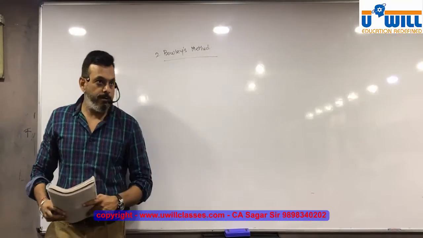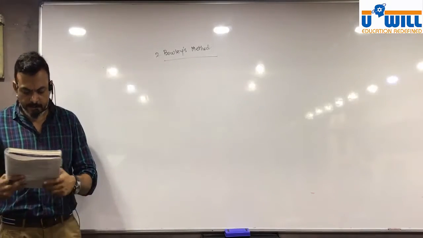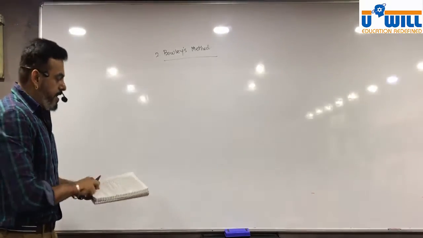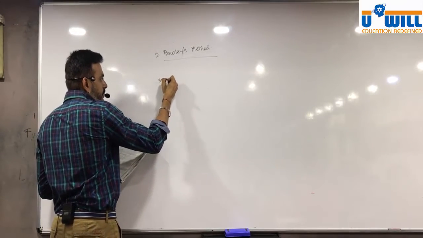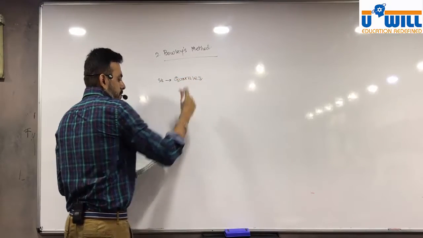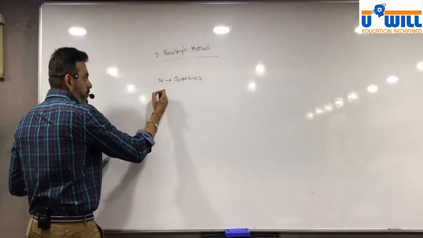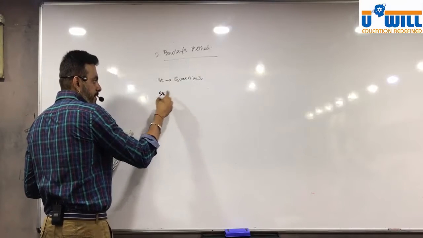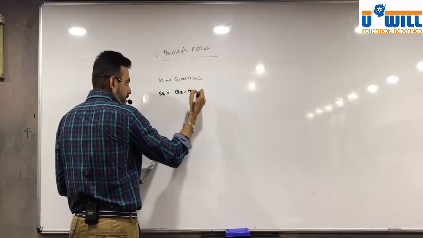The second method in the chapter on skewness is Bowley's method. Here, the professor has given skewness based on quartiles. The formula, pay attention please: skewness, denoted by the symbol SK, is equal to Q3 minus M